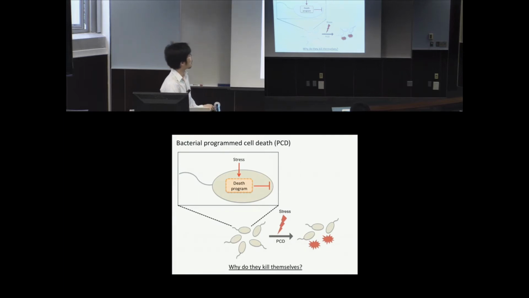If you look at the population, this is what typically happens. You have a population of cells, it receives stress and performs this program of cell death, and some of the cells end up dying. So the central question here is, why do they even do that? Because they're not multicellular organisms like us. It's single cell, so once they die, it's all over. It's like, if I die, I'm gone. So the central question is, why do they do this?